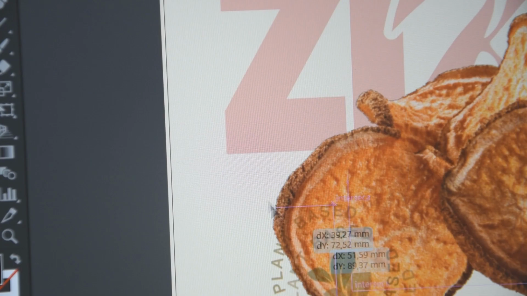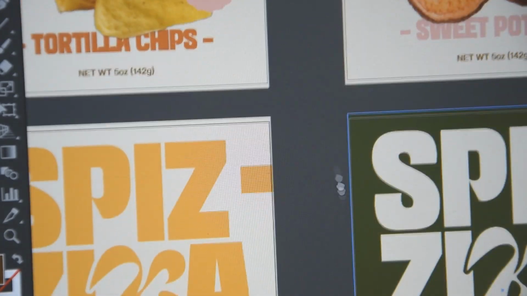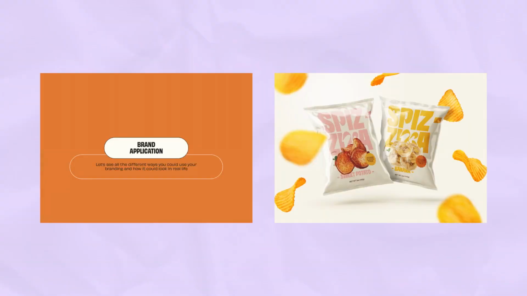After the concept is signed off, again, we move on to step number 8, the collateral assets. This is when I start working on some additional elements like packaging, stationery, social media templates, literally anything that the client asks for. The client will provide me all the information that I need, like the guidelines for the packaging, for example, and it will only take me 1 week to finish the design and present them.